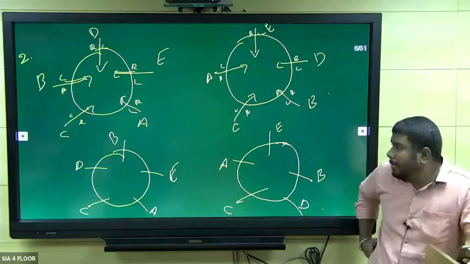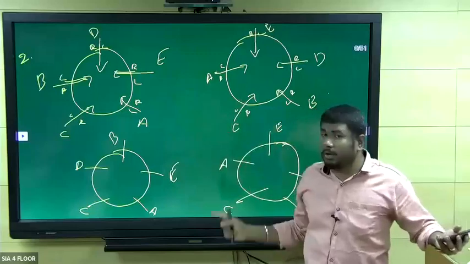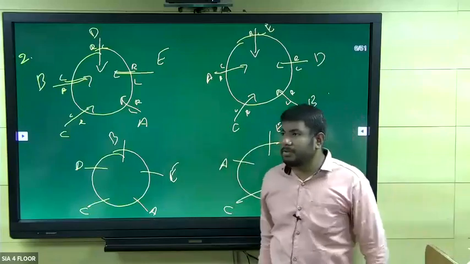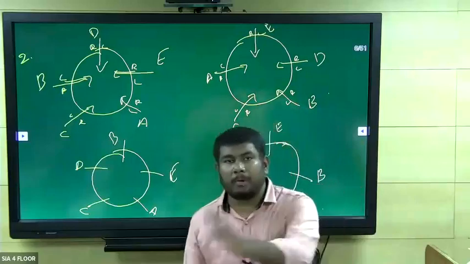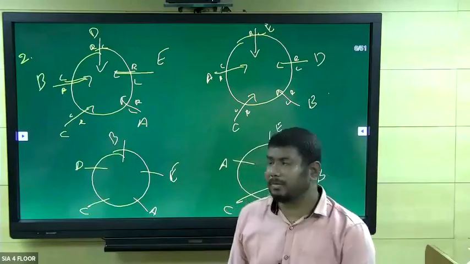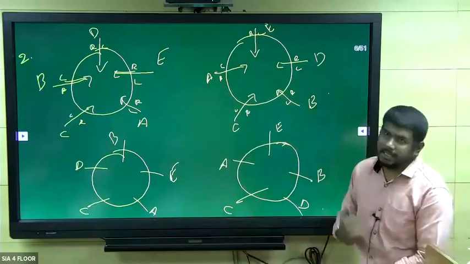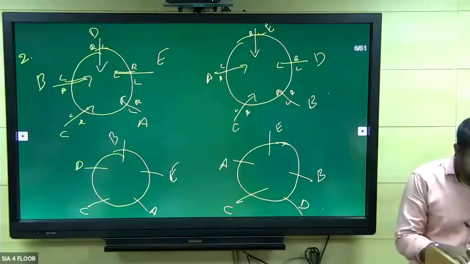Sometimes we will get, I already told you, a 1, 2, 3, 4 arrangement. In the previous question, we eliminated one arrangement. We got two possibilities, but we had eliminated one arrangement in the previous question. But here, all the 4 arrangements are correct according to the given statement. Now read the question.